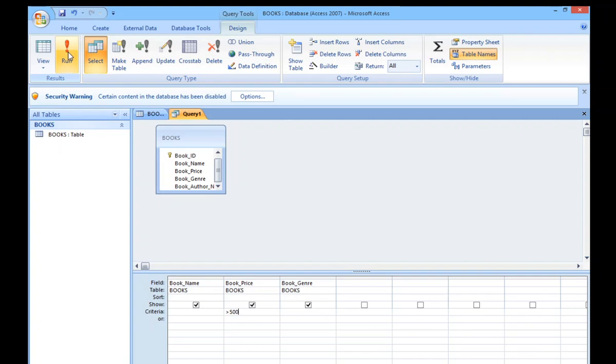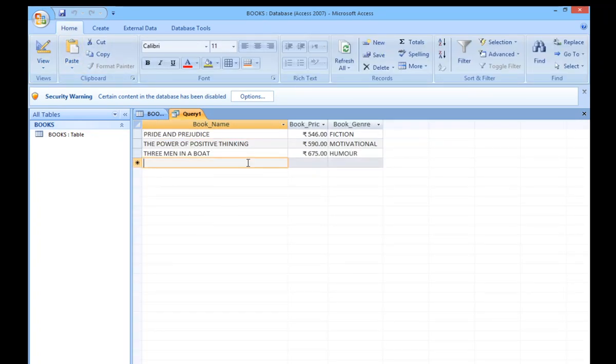जैसे आपकी टेबल के दो व्यू हैं, मैंने आपको बोला था आपकी क्वेरी में भी डेटा शीट व्यू और डिज़ाइन व्यू होगा. So as soon as you run this query, click on this, you will find all the books that are priced more than 500 will be shown. बाकी books आपके यहाँ पे show नहीं हुए हैं. Okay, this is your query 1.